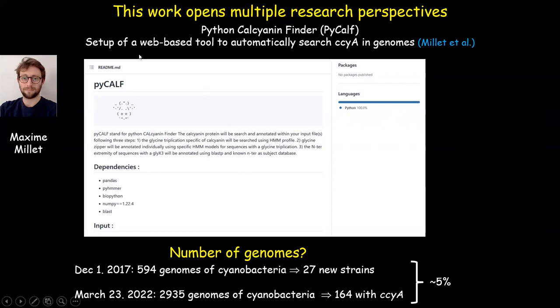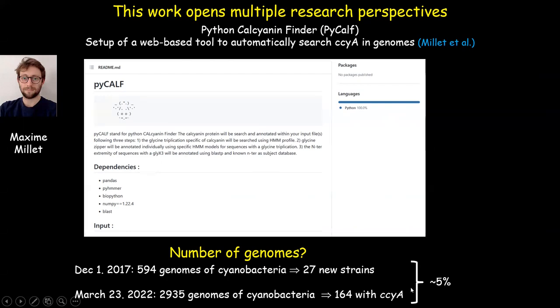So Maxime has set up that tool where, basically, the tool is doing many things, but among these many things, you can really search for this calcyanine or the CCYA gene in an updated list of genomes that get available. So right now, you see that number. I mean, if you take a rough ratio of that,